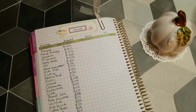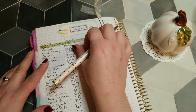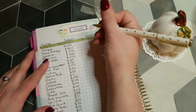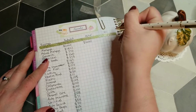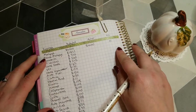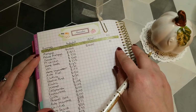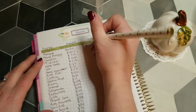So for our first line item is our mortgage. I would plan to pay $4,000, and that's what we actually spent. So $4,000, there's no over or under on that one. For the Melrose mortgage, that's our mortgage. Mortgage for our rental, we actually did spend the